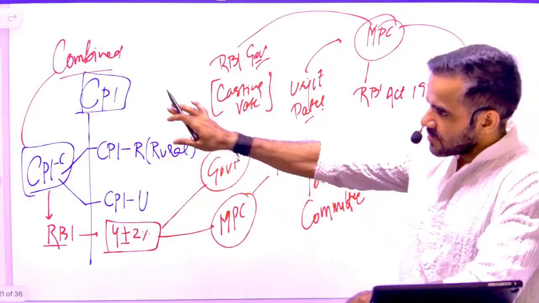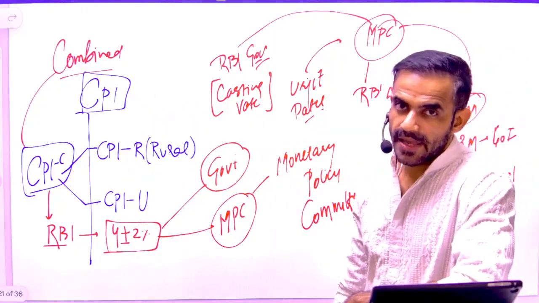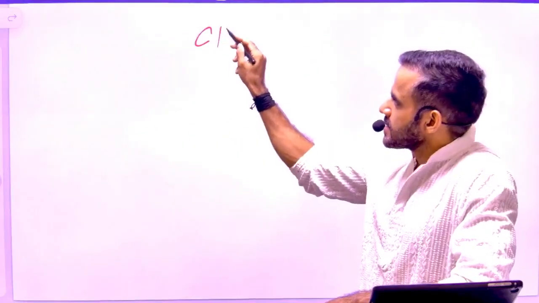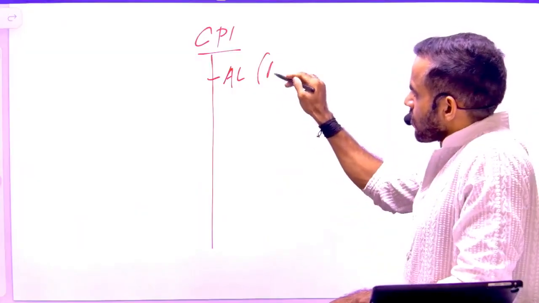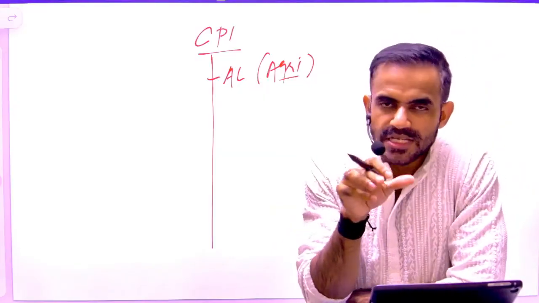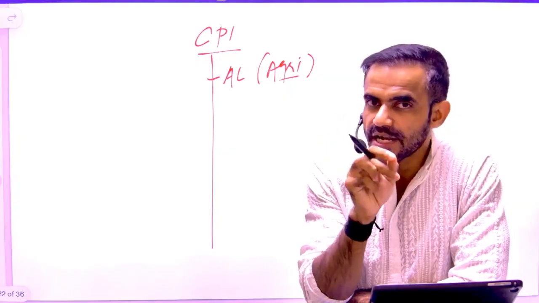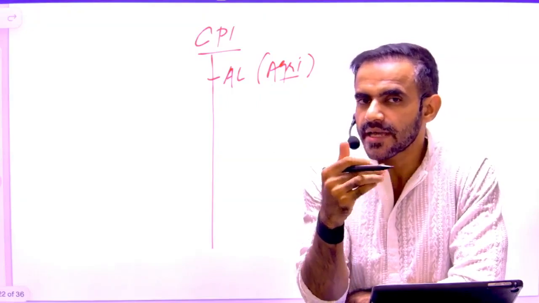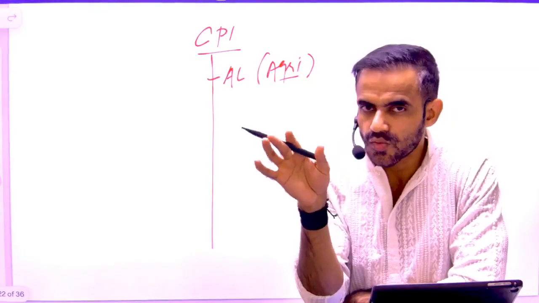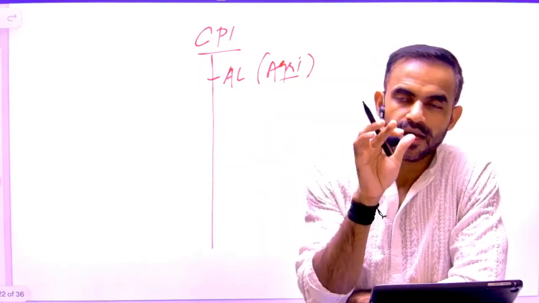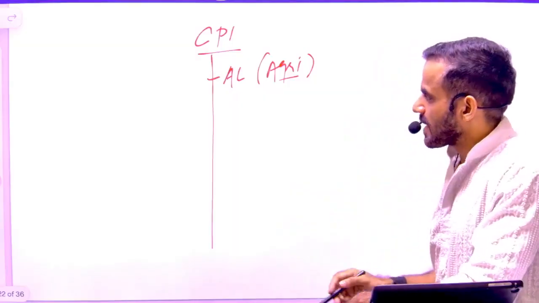Now, we have seen 3 types of CPI, that is CPI-U, CPI-R and CPI-C. Apart from that, 3 more types of CPI are issued, that is CPI-AL. AL simply means agriculture labor, so it is for agriculture labor. Why are we having a different CPI for different types of people? Because through CPI, we are trying to measure the rate of inflation. Now please understand, the consumption pattern of these categories of people is different. Someone who is living in a rural area, their consumption pattern is going to be entirely different from someone who is living in an urban area. So that's why we are having different types of CPI.